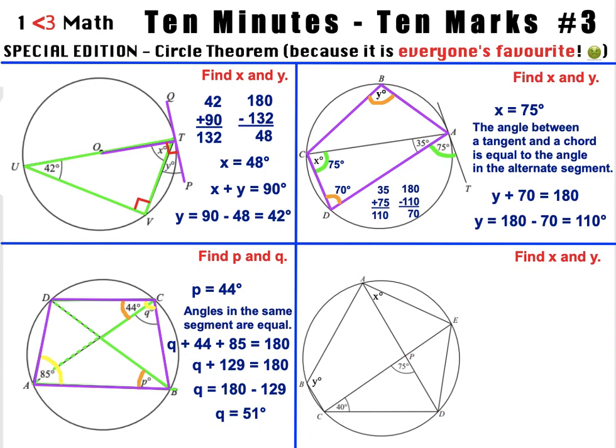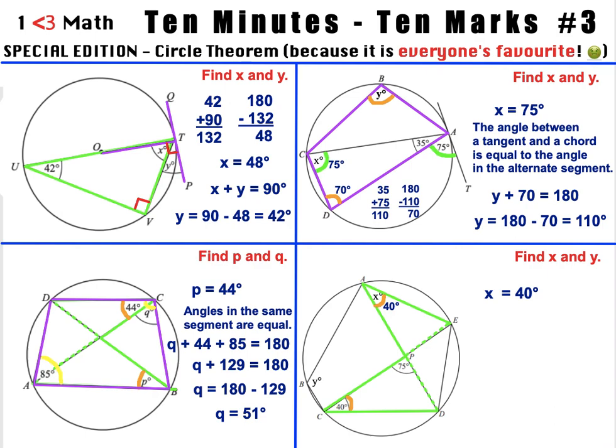Finally, in the bottom right, we need to find X and Y. So let's go ahead and do this. Again, we've got angles in the same segment that are equal. The X angle and the 40-degree angle are going to be equal. So we can see that these two angles are going to be the same because they're in the same segment. X equals 40 degrees. Now that allows us to find